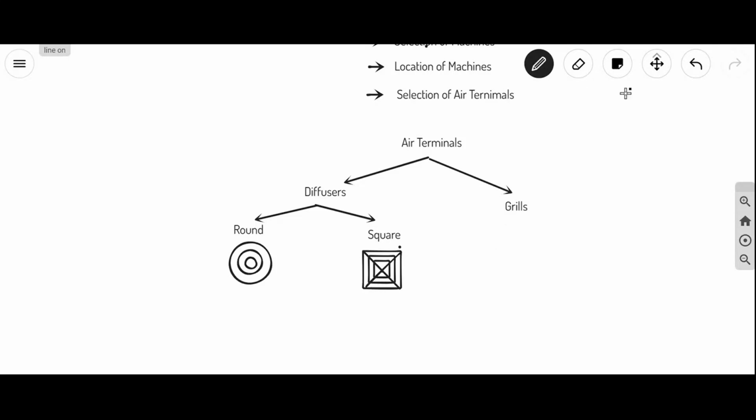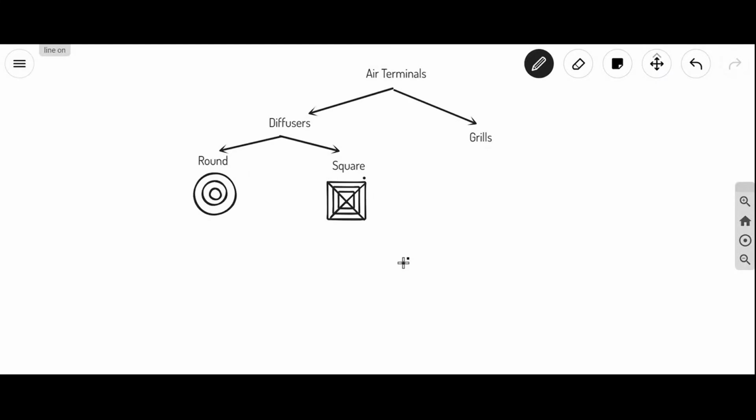Okay, so square diffusers again they are into